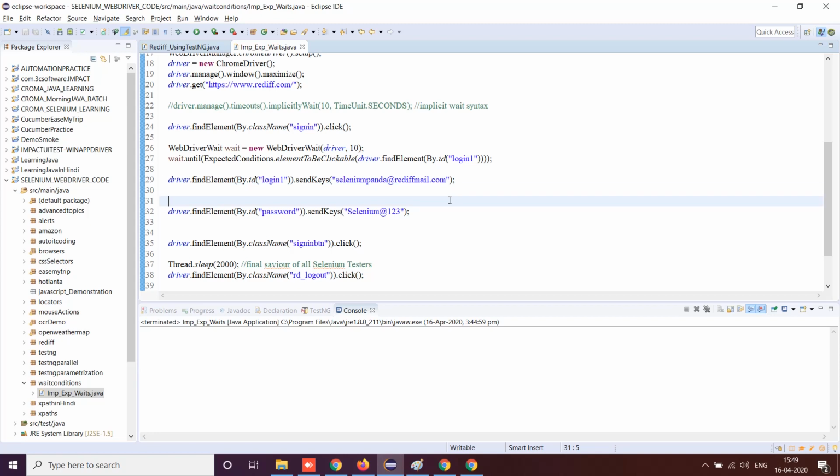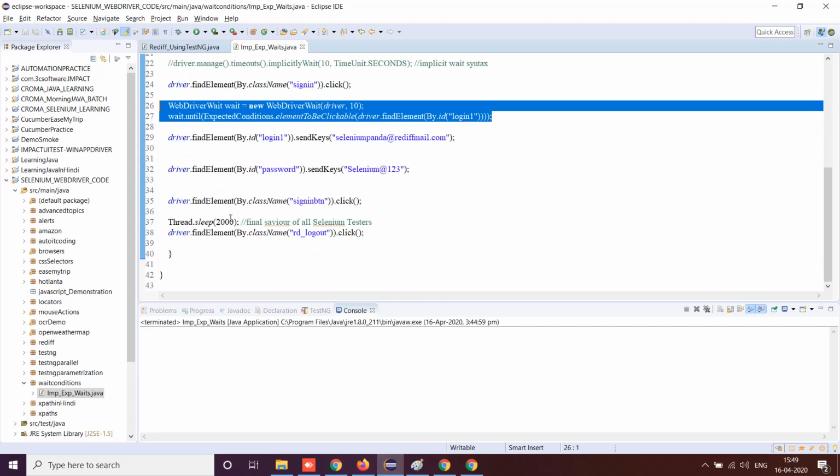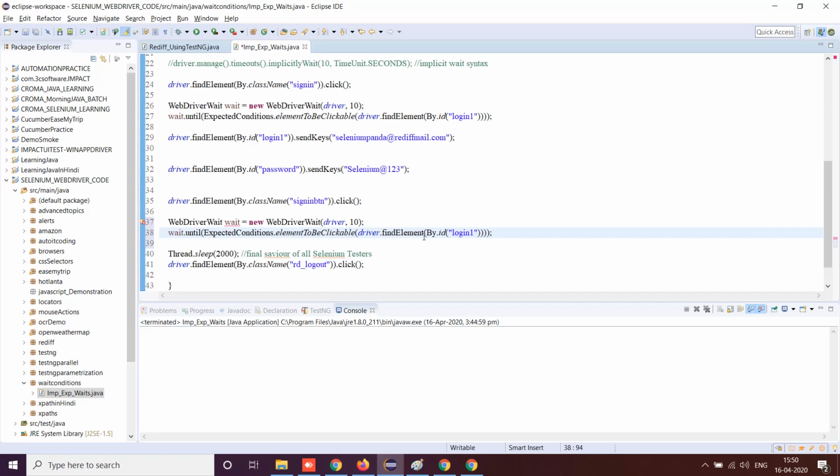Only those web elements which are delaying, for those things only we are using it. So you can use something like this instead of thread.sleep, and instead of driver.findElement By ID, you can use this as well, by class name, and this should also work fine.